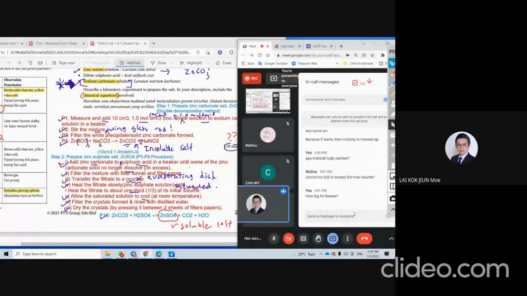So a normal beaker, how big? Around 50, 100. So do you think it is logical to put 10 cm3? Yes, very good. So it's not logical. We cannot use so little of the volume. If we use bigger, at least